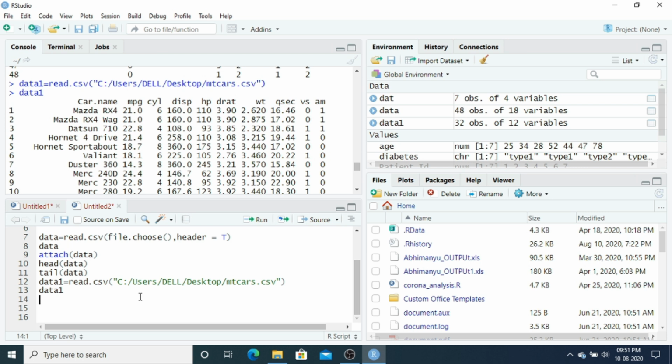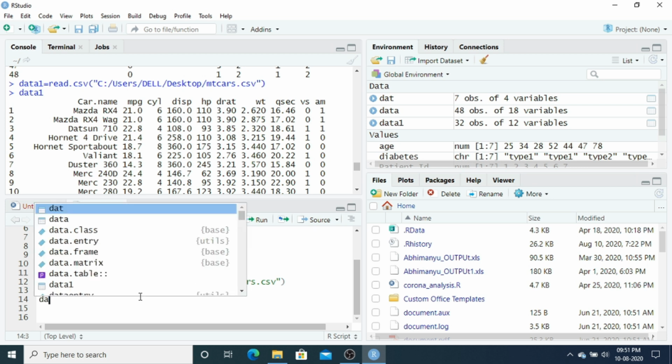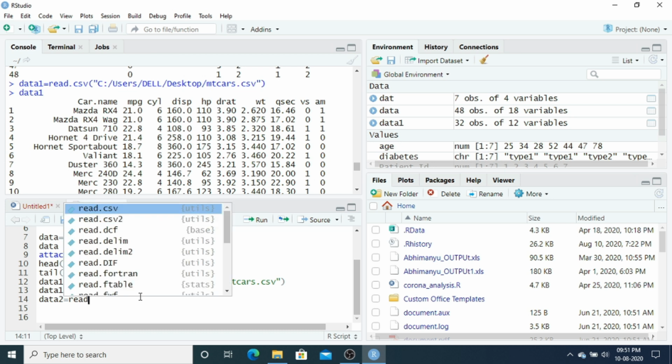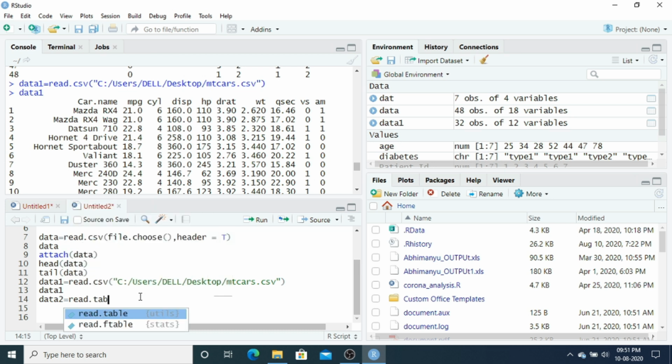Suppose I say data2 is another data set. Here I can use read.table, that is how I can call a text file.